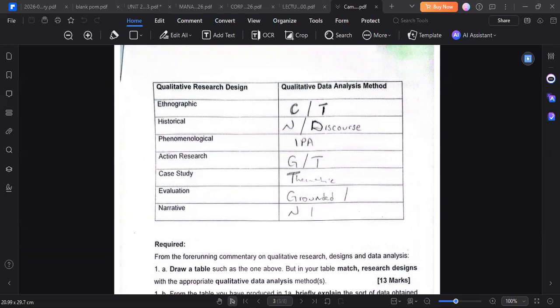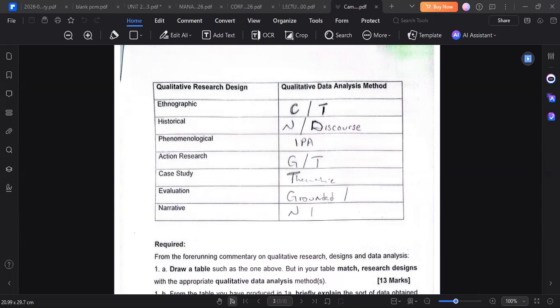So it is used to study past events and development over time. So you use the narrative analysis in this case, where you organize events in chronological order. The discourse analysis will help you examine how the language